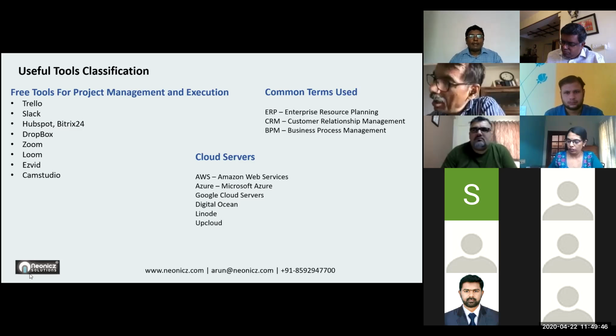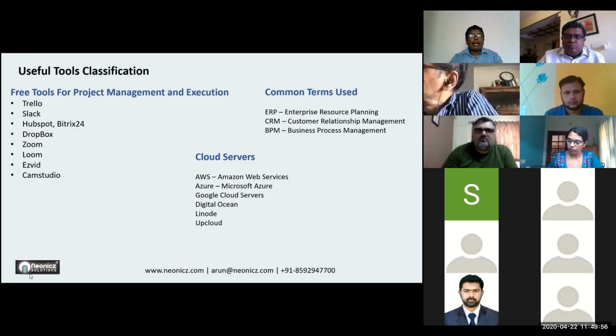The same way, with sales tools or project management tools. Some of you might have heard about tools like Jira. Jira can be integrated with Slack. There are n number of software products which can be integrated with the Slack platform. In addition to that, you can use HubSpot and Bitrix24.